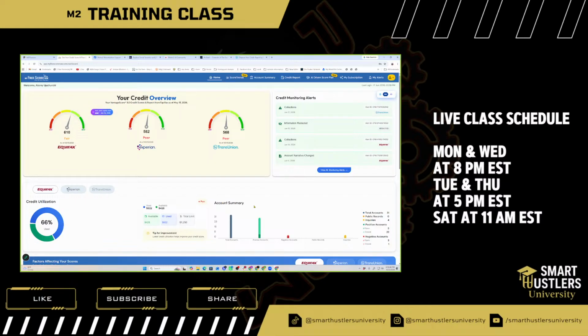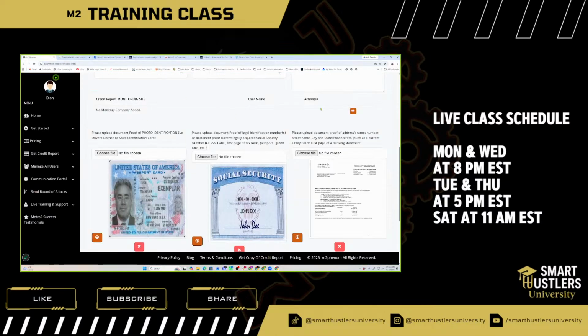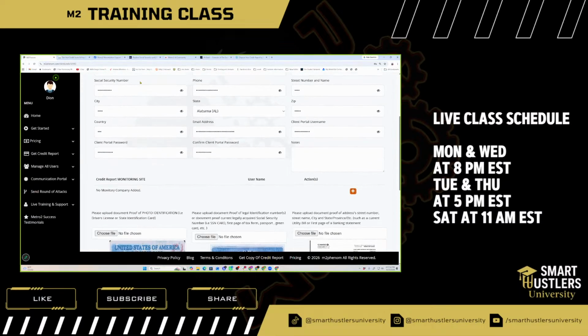Now, I'm going to come up here to this golden circle, and I'm going to click my profile. And now I need to go here. Secure access control. Secure access control is the token. I need to generate a client token. Okay. So when I generate a client token, I'm going to come back to the software and I'm going to